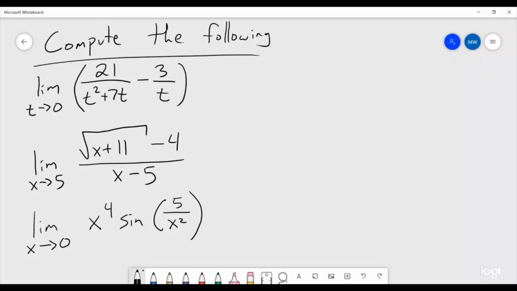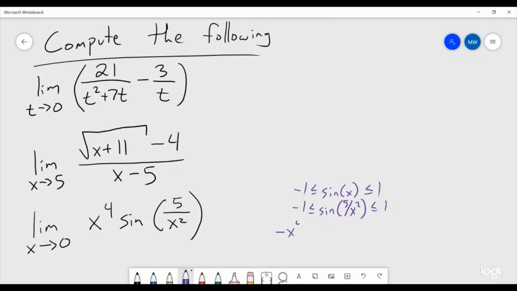Okay, I'm going to start with the last one, because the last one is very similar to the problem we just did. This is also going to be a squeeze theorem function. So we will be able to use very similar arguments to start with. Sine of x is between 1 and negative 1. So then that means that sine of 5 over x squared is also between 1 and negative 1,